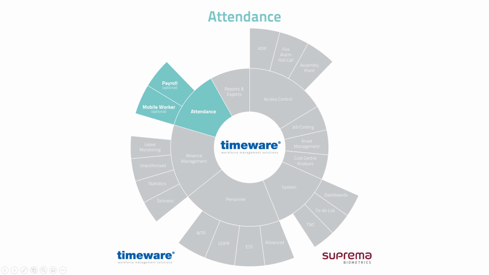Next, we have the attendance module. Now, the attendance module supports a number of well-known work pattern methodologies. It includes standard flexi time, rotating shifts, and shift patterns that can be planned up to 52 weeks in advance. This is a flagship module that's been developed over many years to provide an accurate solution for processing attendance